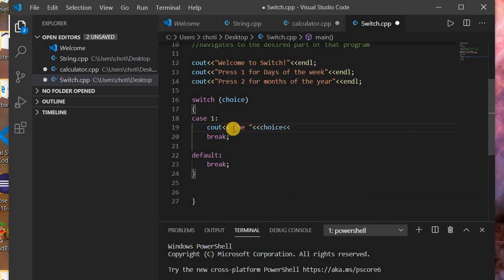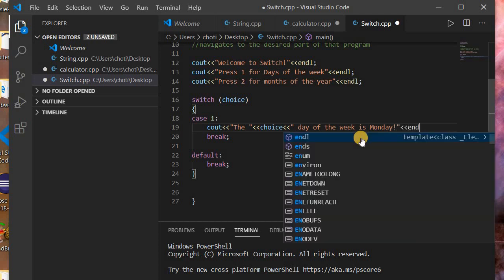So here you can see that the program is going to cout the space and after that choice, whatever is inside choice. So if choice has 1, the 1 day, after that space day of the week is Monday, and